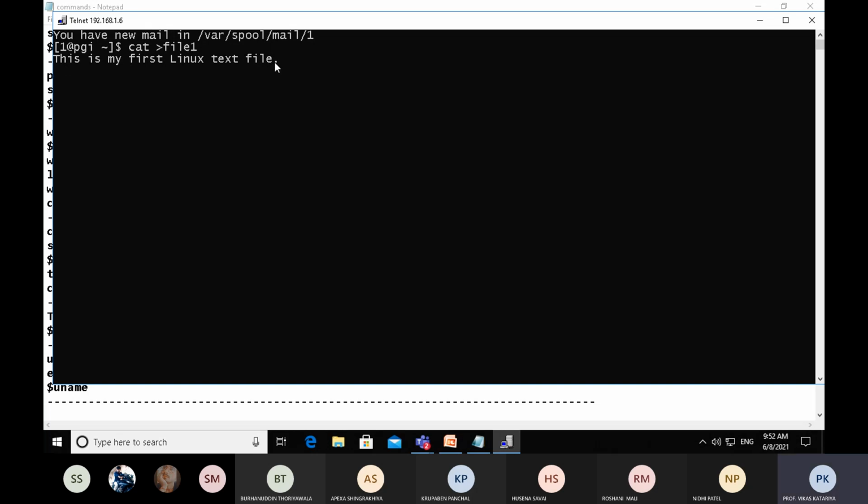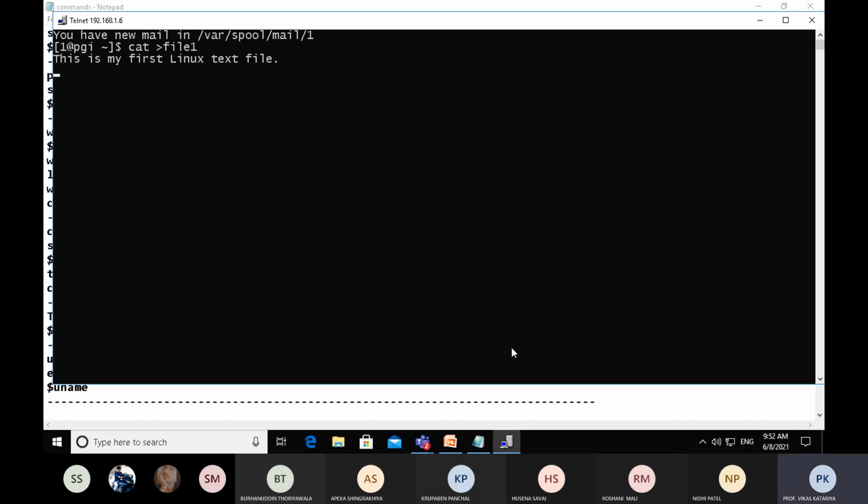Because as you press enter and the cursor moves from the current cursor position to the new line, cat understands we have to store that particular line in file1. So the cursor should be on the new line.